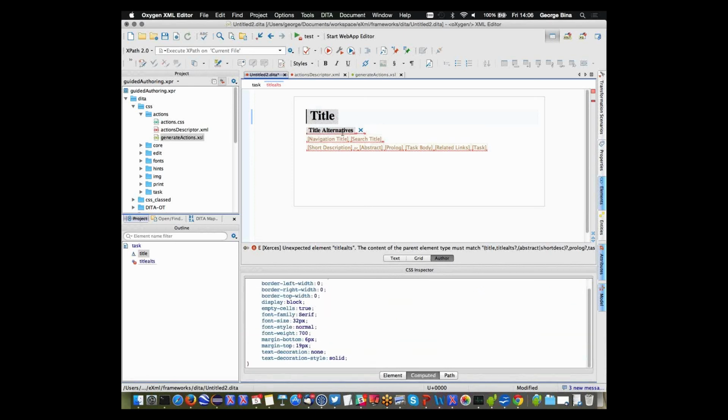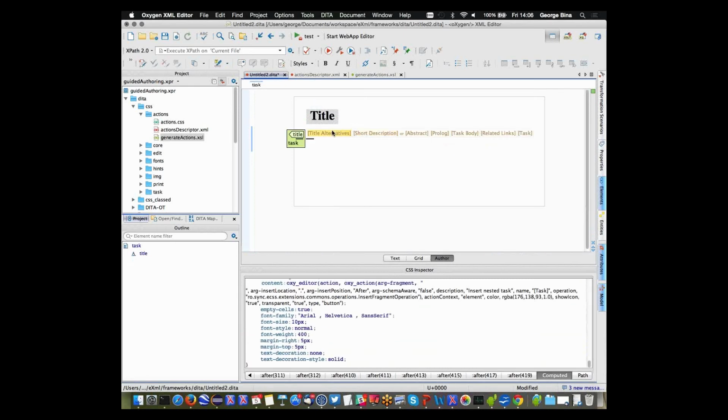And if you insert something like this, then we say if we have a task element which has a title immediately followed by a short description, then before that short description we show the elements between title and short description in the content model, right? So this is how the content model basically translates to CSS rules, and that style sheet generates